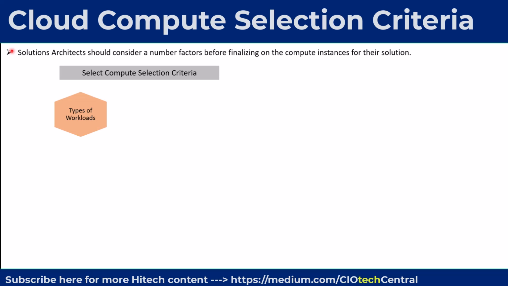To start out, a solutions architect should get clarity on the types of workloads that the solution will be running. The workloads could be for AI, ML, analytics applications, containers, Kubernetes workloads, batch processing applications, etc. The specific workloads could necessitate the need, for example, for bare metal servers versus containers versus VMs, types of compute